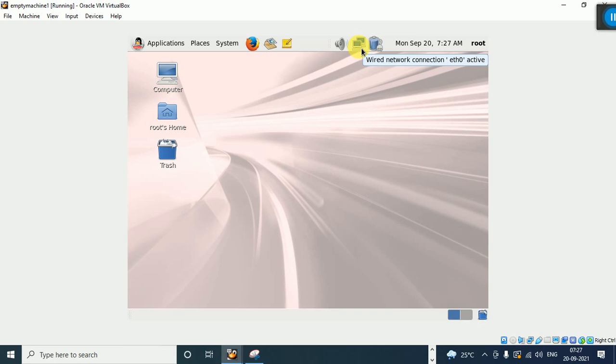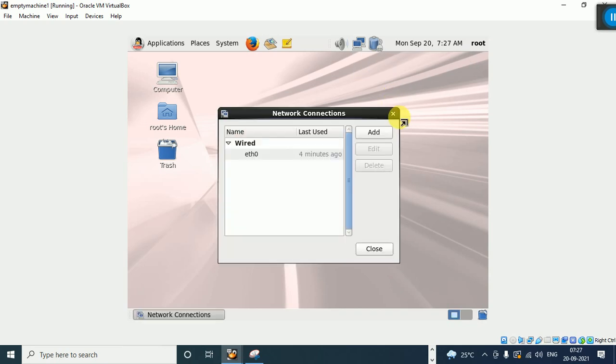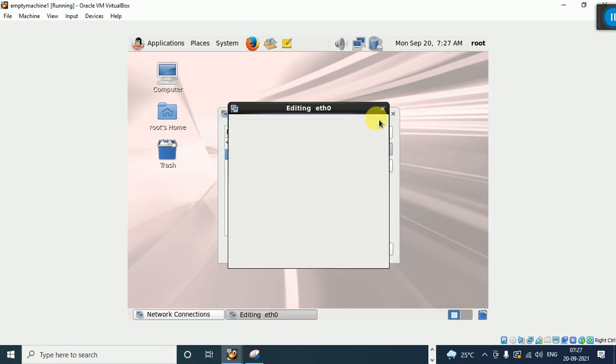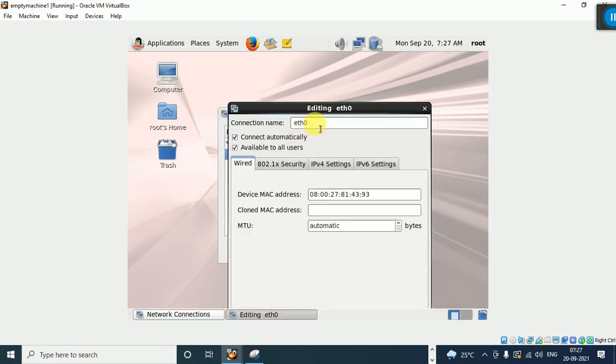If it is active, then only we can connect from PuTTY. I will tell you what PuTTY is. As of now, every machine has at least one adapter, Ethernet. Where can I find the adapter or Ethernet? This is the computer icon. Right click on that and choose Edit Connections. You can see the adapter name, the Ethernet name. This is the connection name. This is the Ethernet, so we gave the naming convention ETH0. This is the first Ethernet of this computer.